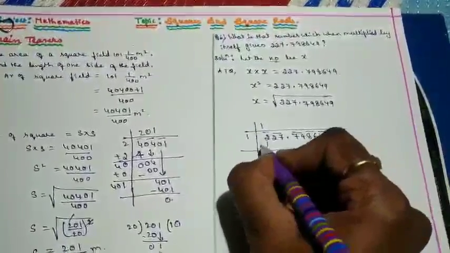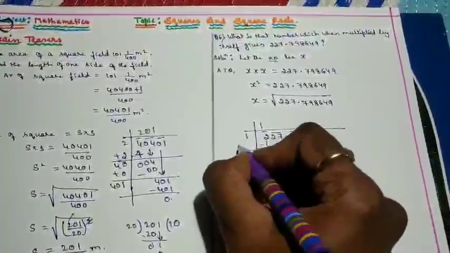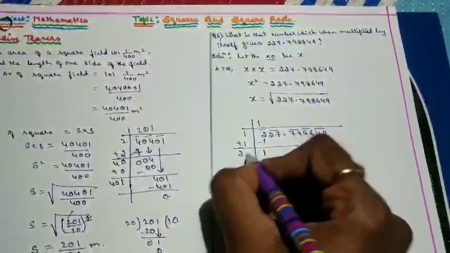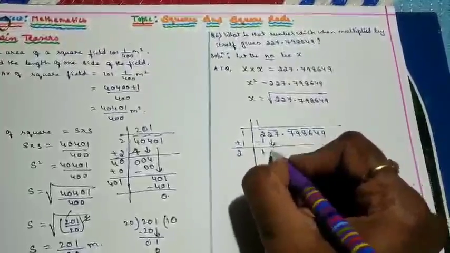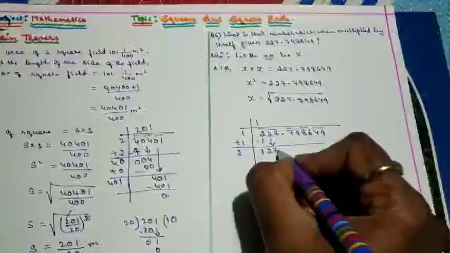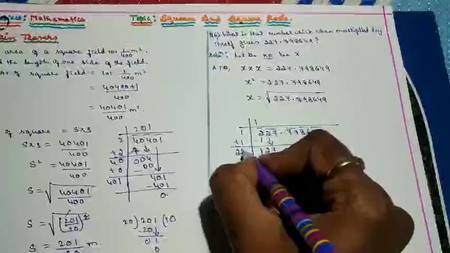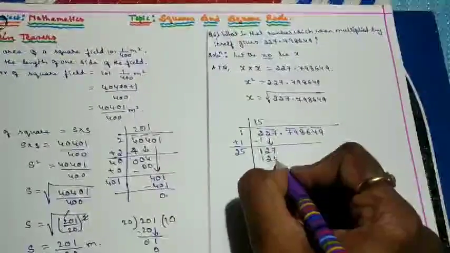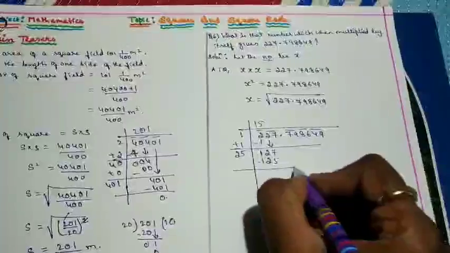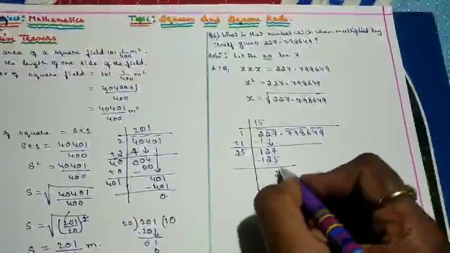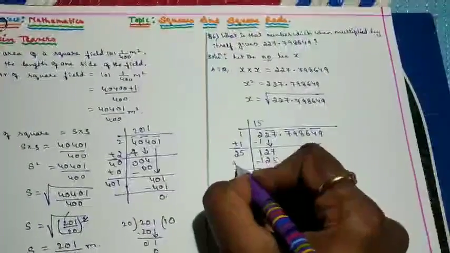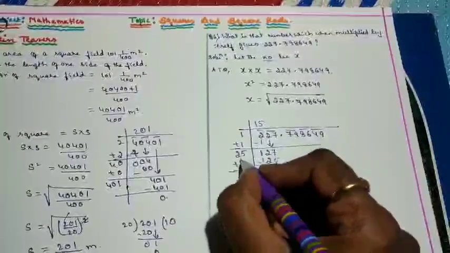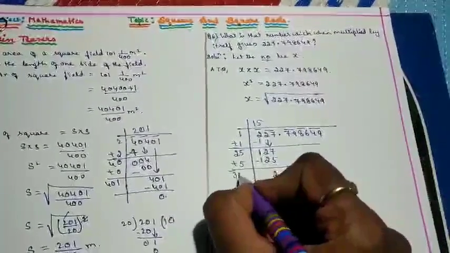Then subtract, 2 minus 1 becomes 1. Then add up the divisor, the same divisor. 1 plus 1 is 2. Then bring the next period down. It becomes 127. So 25 5s is 125, which is nearer to 127. Then 7 minus 5 is 2. Then the remaining digit becomes 0. Then add up 5. Whatever number we write here, that number should be added. 25 plus 5 is 30.